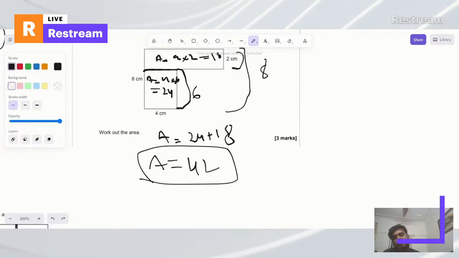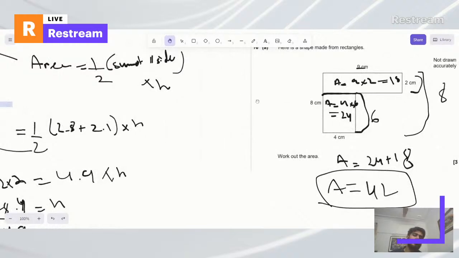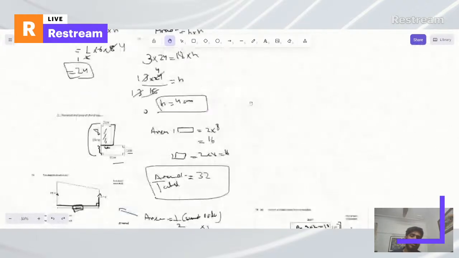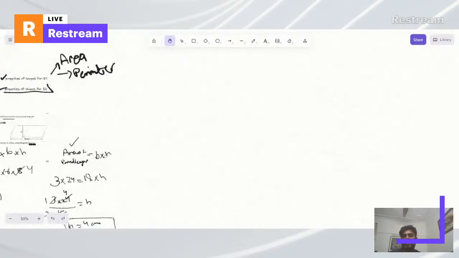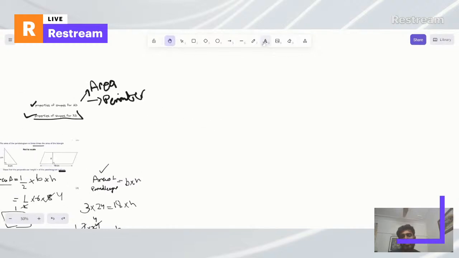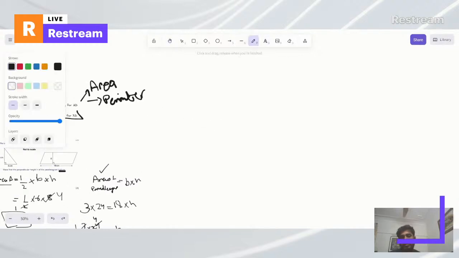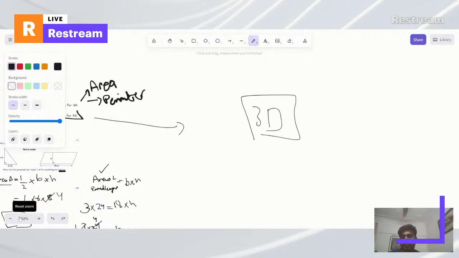Now let's move on to our topic of today, right? So this was pretty much past papers and other workings, right? So now let's move on to the topic that we had in mind for this class, right? It's gonna be 3D figures now. Okay, so with respect to 3D figures,